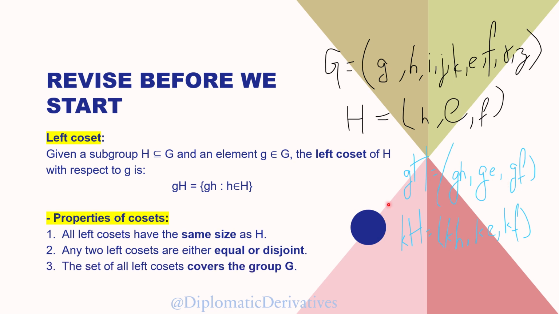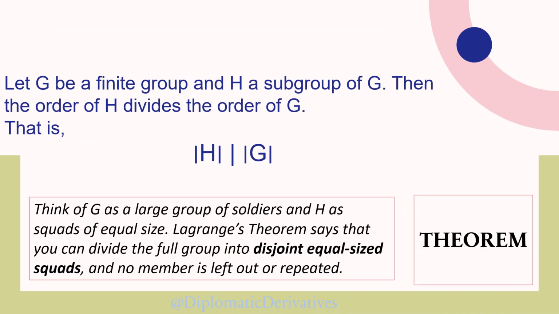Okay. The set of all left cosets covers the group G. So when you make a union of all the left cosets of H, together they will give you the main set G. So together they will have all the elements that are present inside G. Nothing is left out. Okay. These properties are important for Lagrange's theorem. Now, again, just going back to the main statement of the theorem,